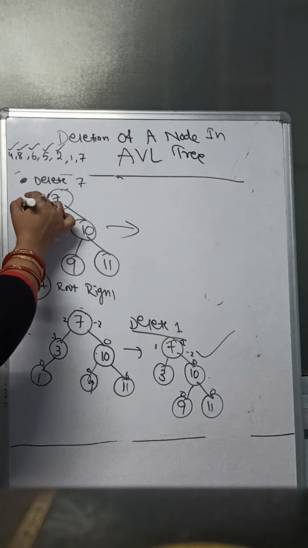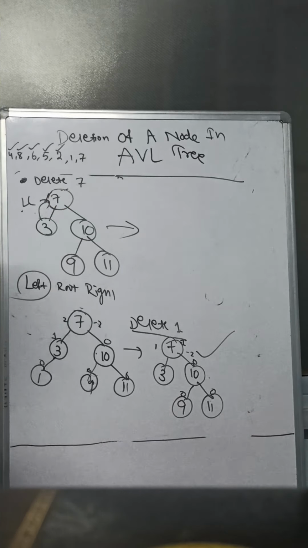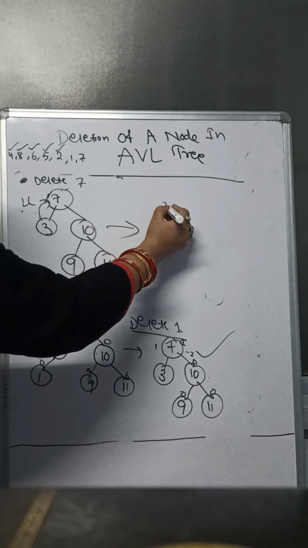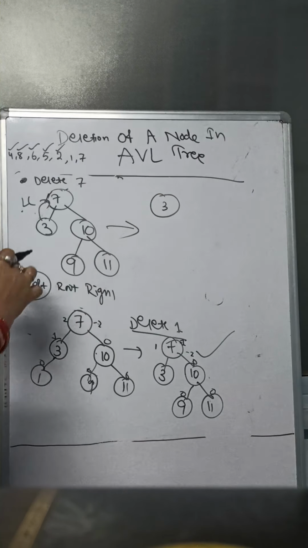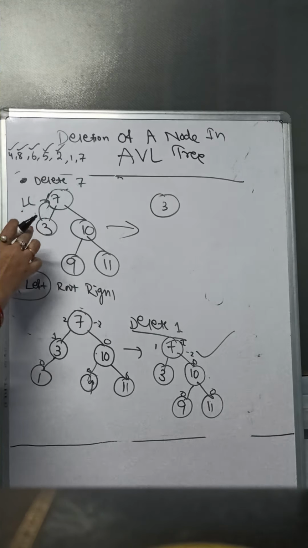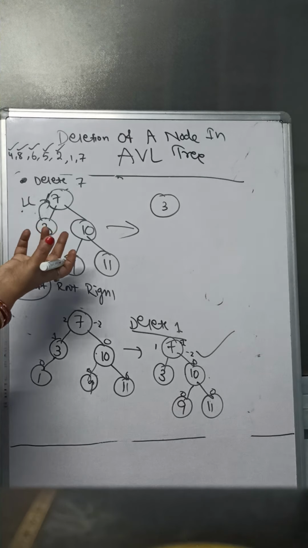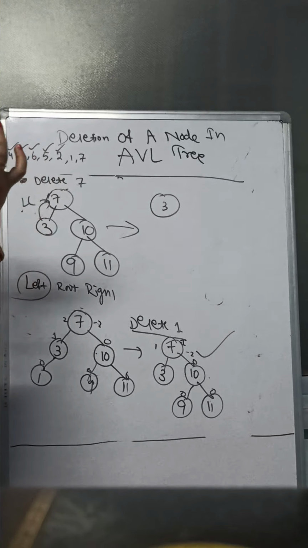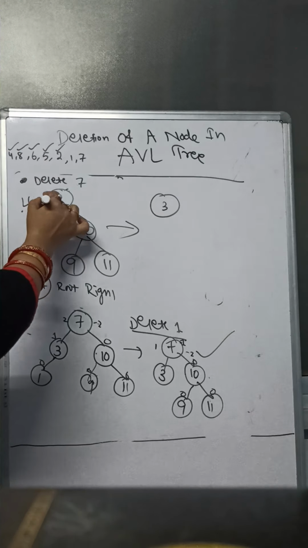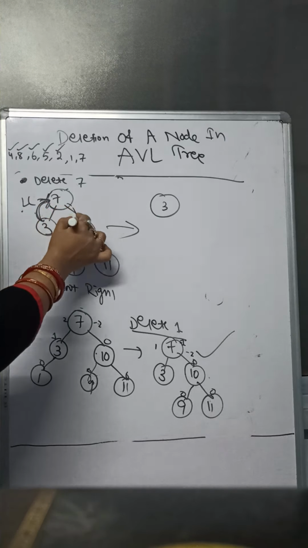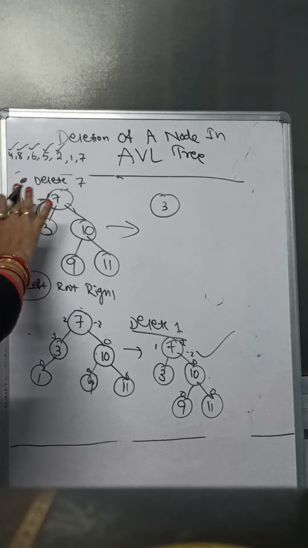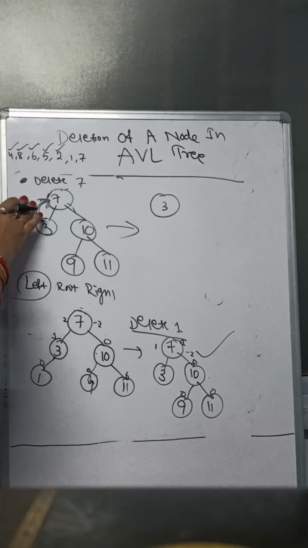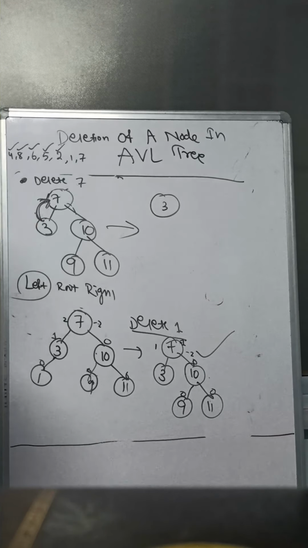This is LL rotation, sorry, this is clockwise rotation, LL rotation. But this is not the final rotation. You have to think that the immediate predecessor by the inorder rule, that is your left subtree node, must go to the root. So this is your left clockwise L rotation, but this is not the final rotation. You have to do the final rotation.